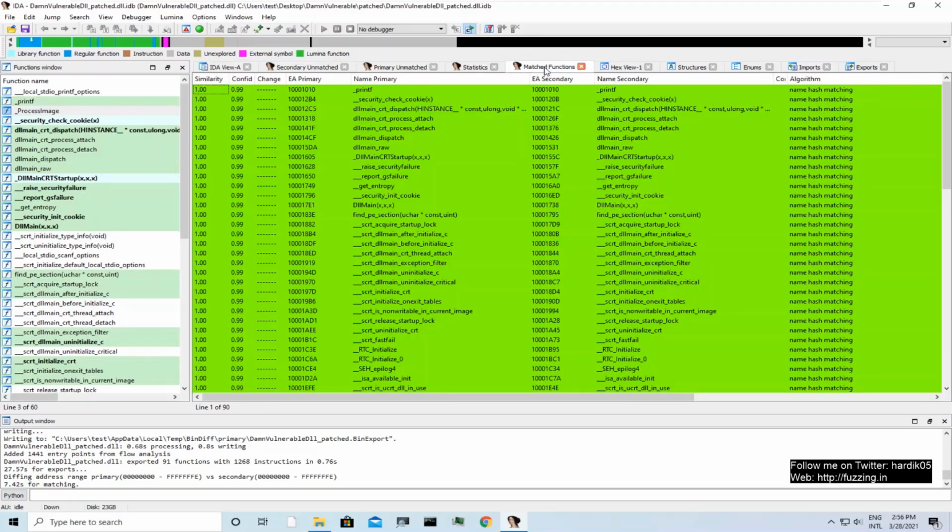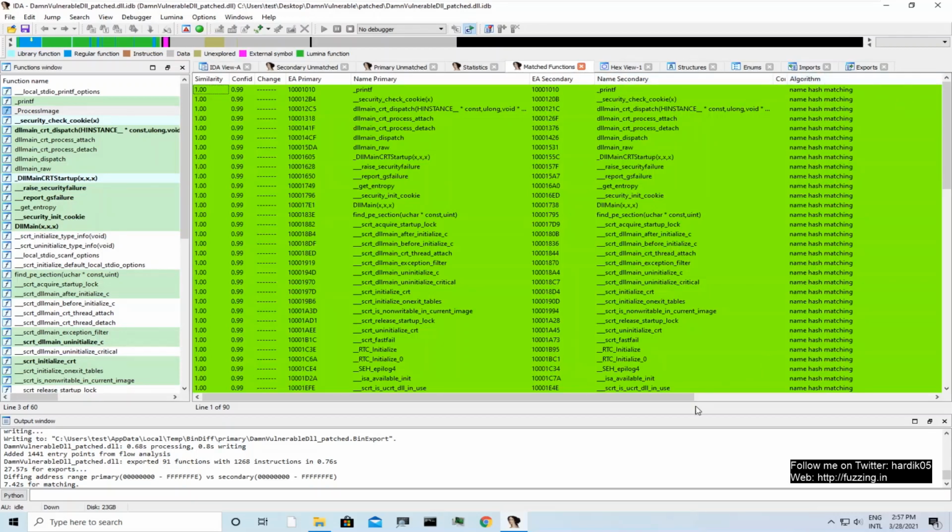Then the important thing here is the matched functions tab. You will see that it shows similarity and confidence. Similarity means how similar these two functions are, and there is a name primary and a name secondary. Name primary is the function name in the primary DLL file, and name secondary is the function name in the secondary DLL file.